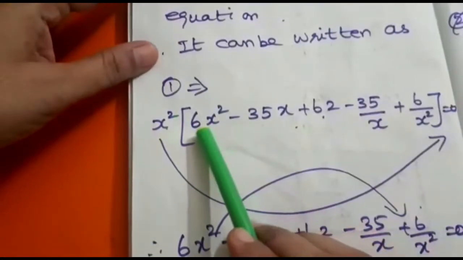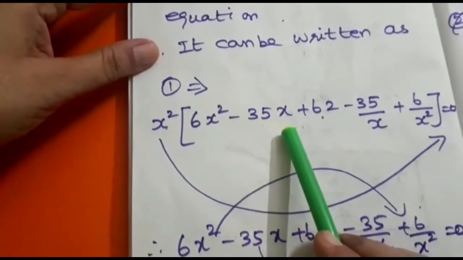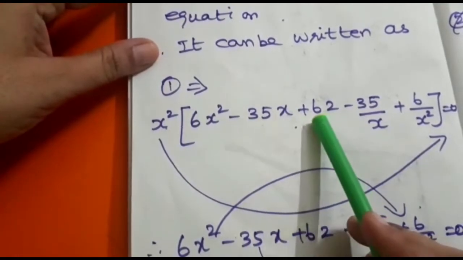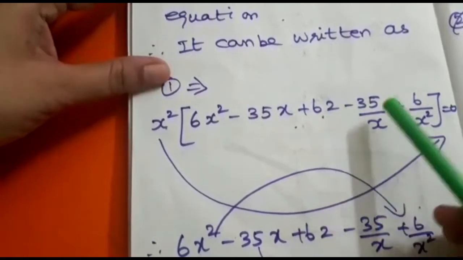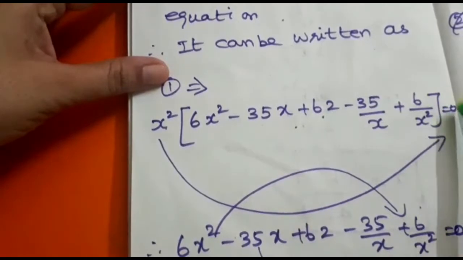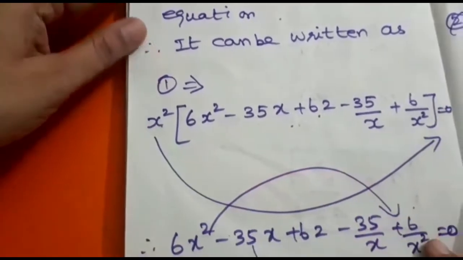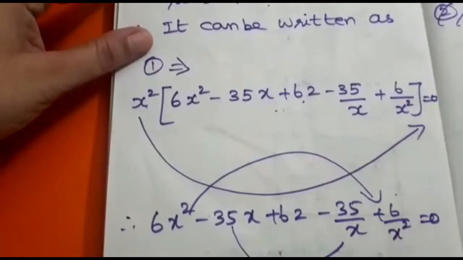This first term will be 6x square. The second term will be minus 35x. The third term will be 62, minus 35 by x, plus 6 by x square, is equal to 0. So this x square I am going to take to that side. That will be 0 into x square, which is 0. Then